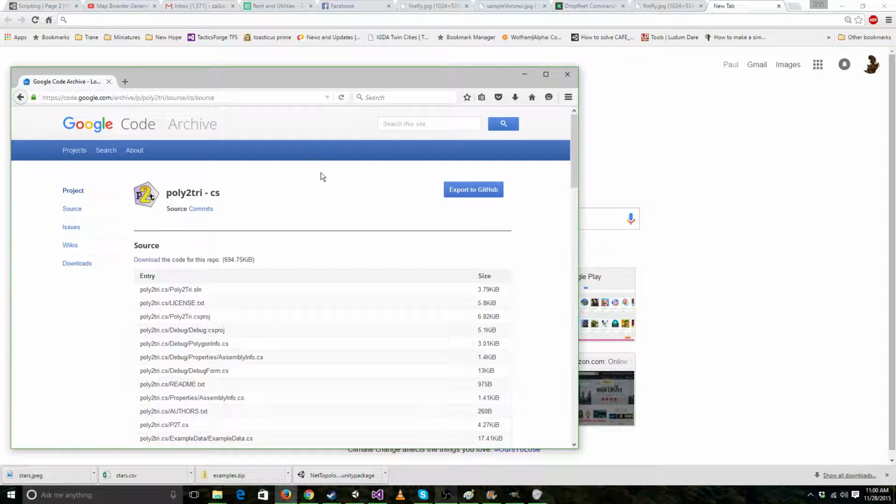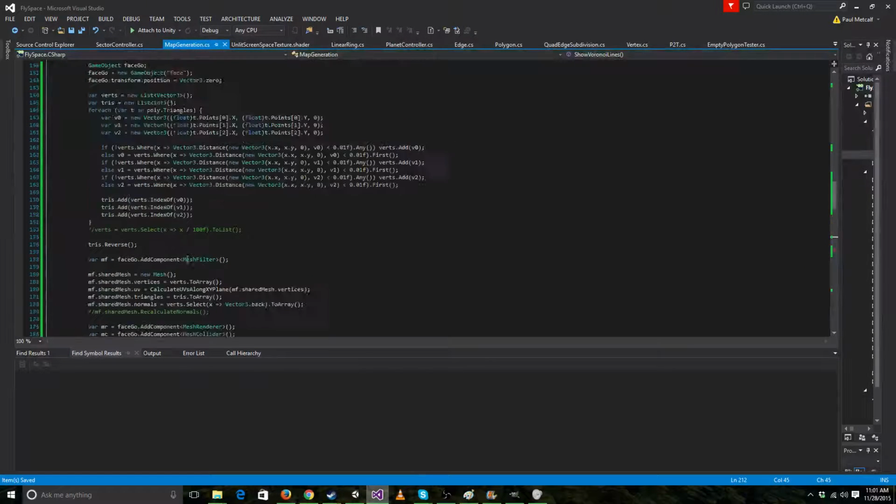One thing I wanted to point out, because I didn't record everything that I worked on, so I'm just going to recap a little. Poly2Try is another math library that's more commonly used with Unity, and I have a little more experience with that, trying to get the triangles made. So I just used it too. I know there's two libraries, but it works. And how I used that was